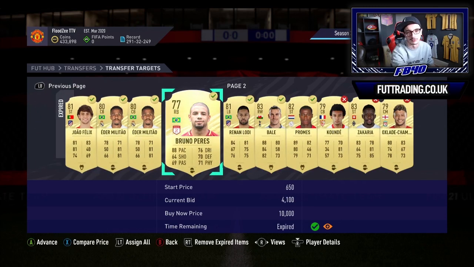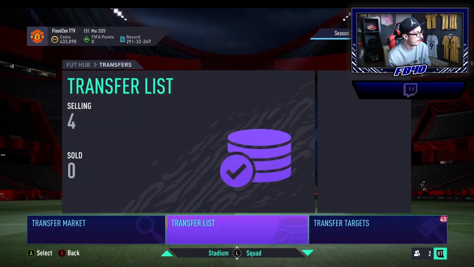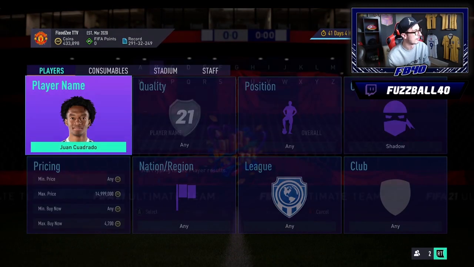Now, Bruno Perez's price on the market currently is 4,600, I think. Let me just make sure I'm not giving you false information. Yep, he's 4,600 coins on the market. So I've just picked this Bruno Perez up on a 500 coin undercut, which means no matter what happens, I'm making profit. But if we go and look at Bruno Perez's price on the actual market itself,